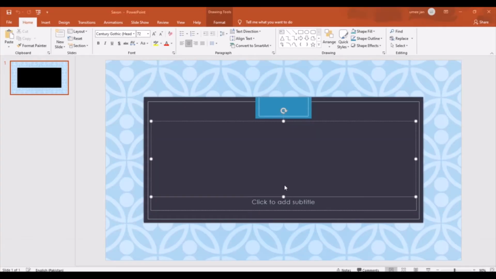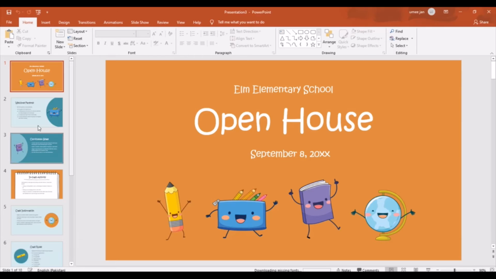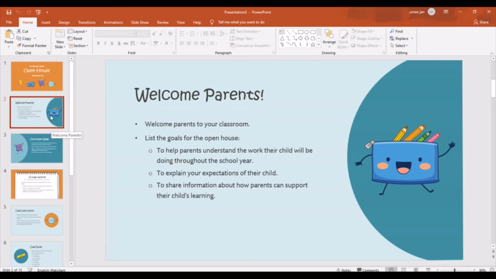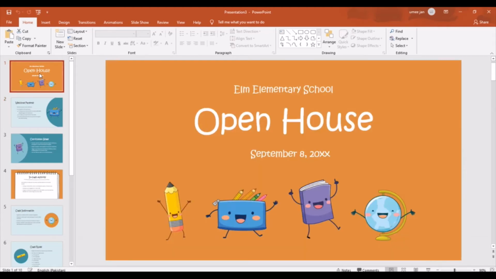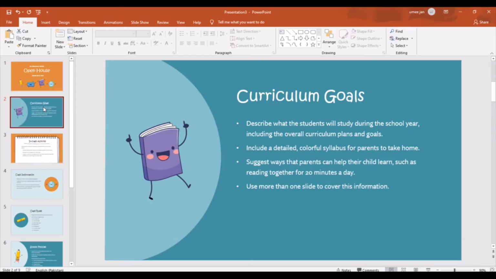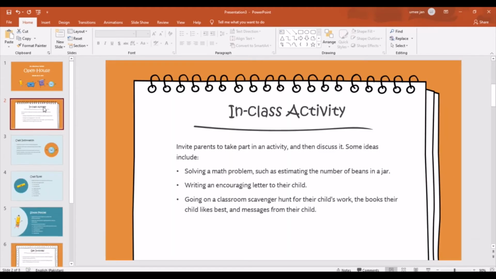Then the related pre-designed slides will appear on your screen. You can edit the text by removing this text and adding your own text which you want. And if you don't need these pre-designed slides, if you need only the title page, you can delete all the slides by clicking on the slides and pressing the delete button. So you can click on all the slides which you don't want.